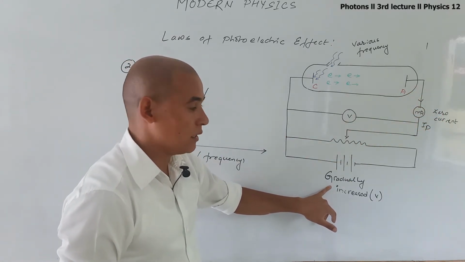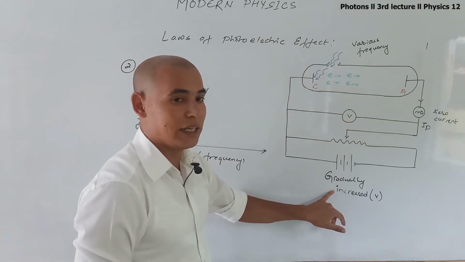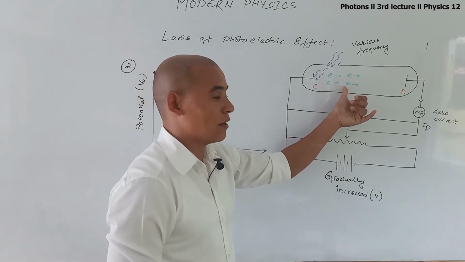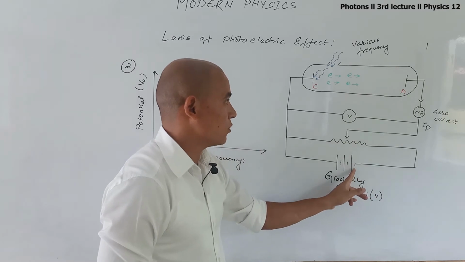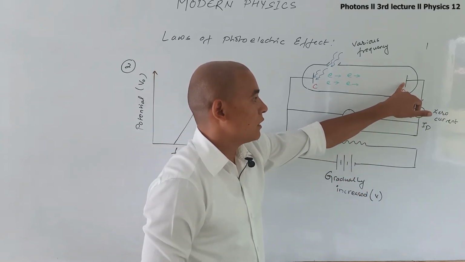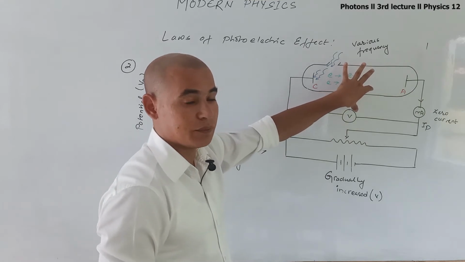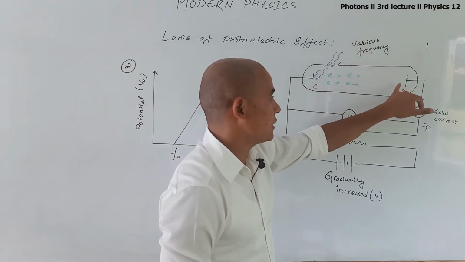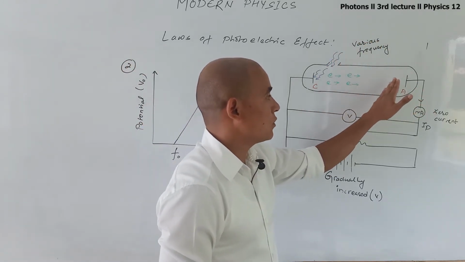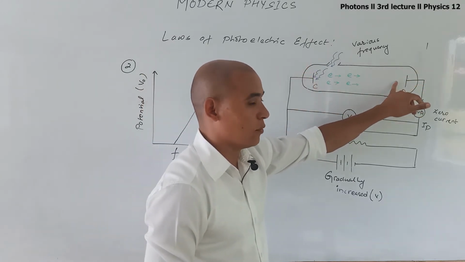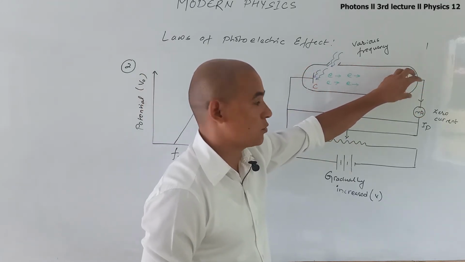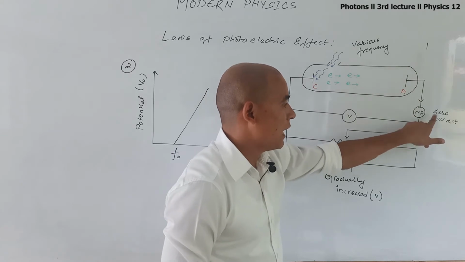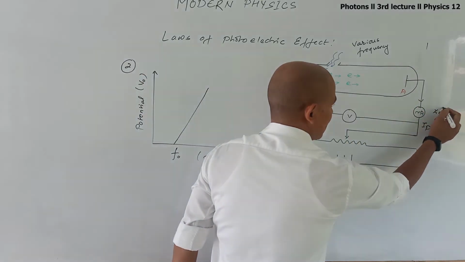Now, when the potential across the cathode and anode is gradually increased, see, electrons are negatively charged, and now the anode is also negatively charged. So the anode will repel the electrons. When the potential is gradually increased, at a certain potential the electrons are totally repelled by the anode. That means electrons will not reach the anode, due to which they do not flow through the circuit, and the current measured by the milliammeter will be zero.